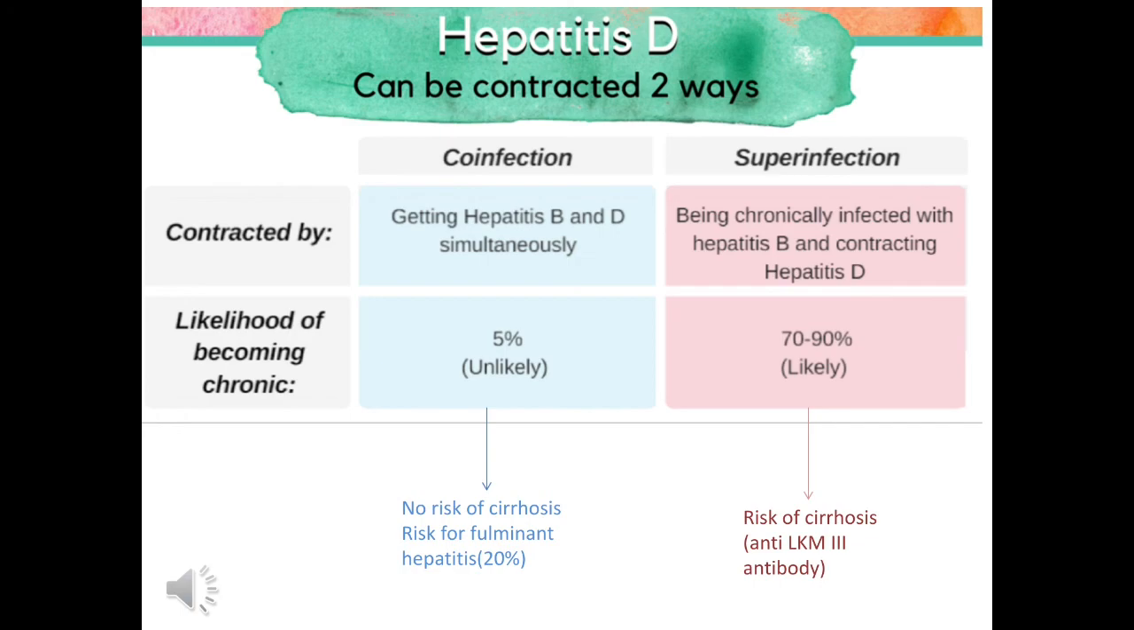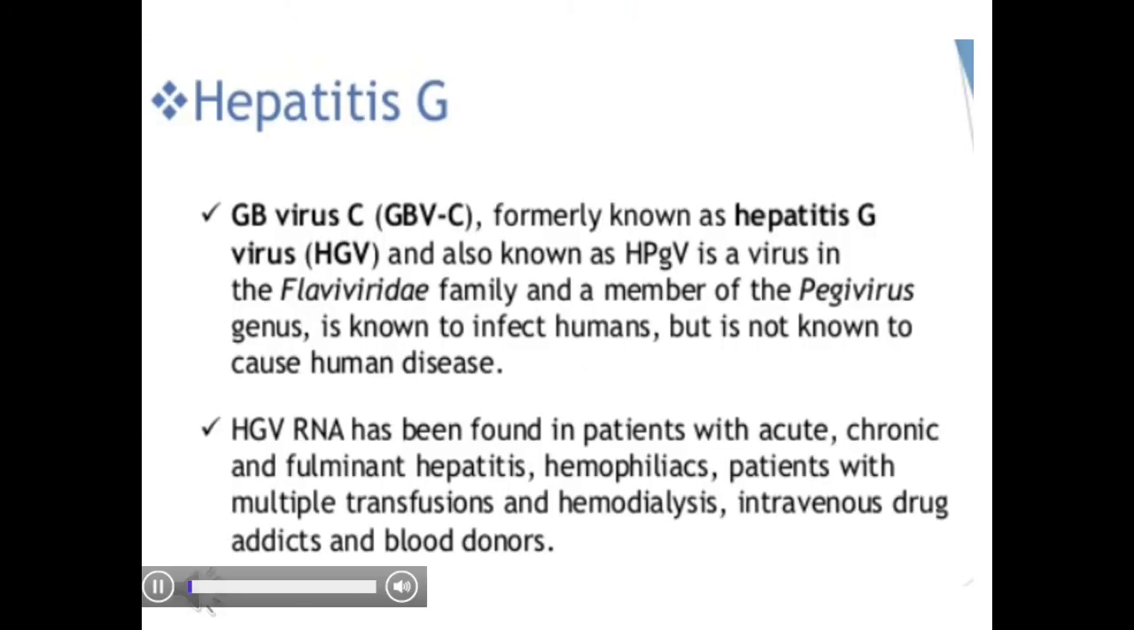There is likelihood of becoming chronic about 70 to 90%. There's risk of cirrhosis. Anti-LKM3 antibodies are found. Hepatitis G or GB virus C is